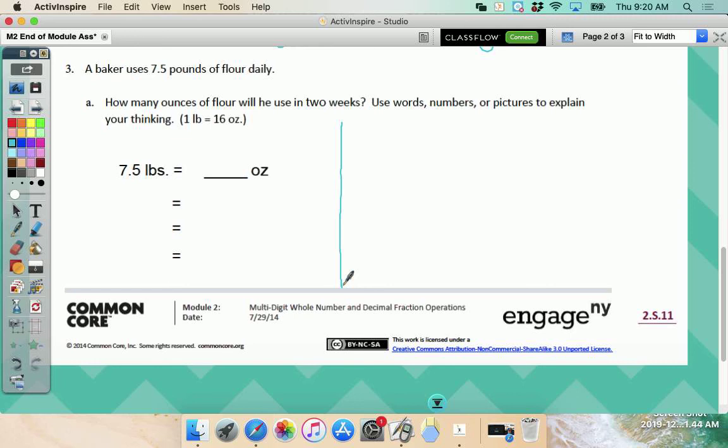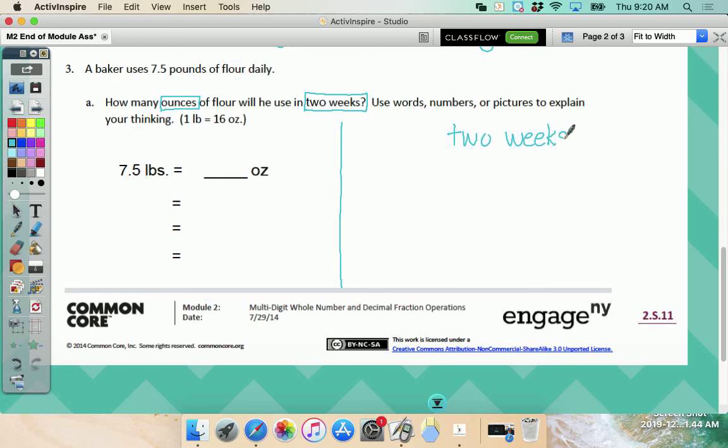A baker uses 7.5 pounds of flour daily. Now, he's making a lot of something because that's a lot of flour. Okay? How many ounces of flour will he use in 2 weeks? I've got some important things here, don't I? Yeah. And I even kind of set this up because we're going to do a conversion. So we have to convert pounds to ounces. And then we've got to figure out